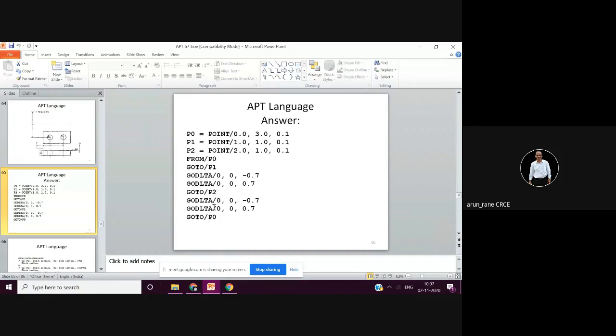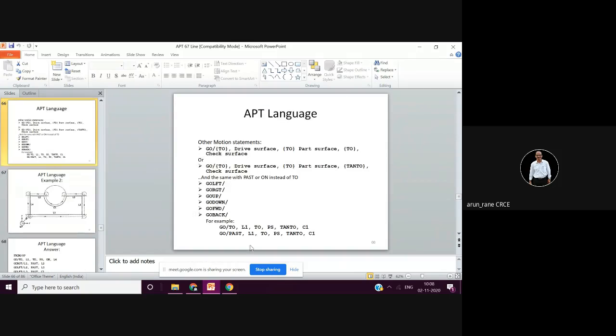But this is not a complete full-fledged program, because in the beginning you have to write the machine name, then RPM, then selection of inch or millimeter system, and then at the end you need to stop the spindle, that is spindle stop, then program end, finish. So all these statements have to be given. In this, only geometry statements and motion statements have been given.